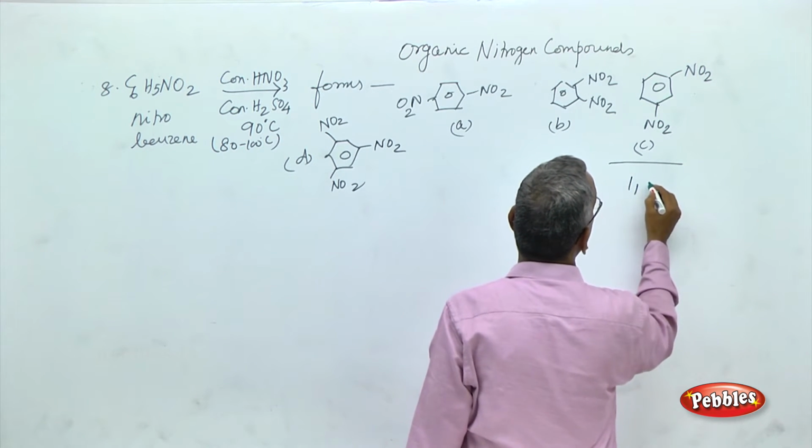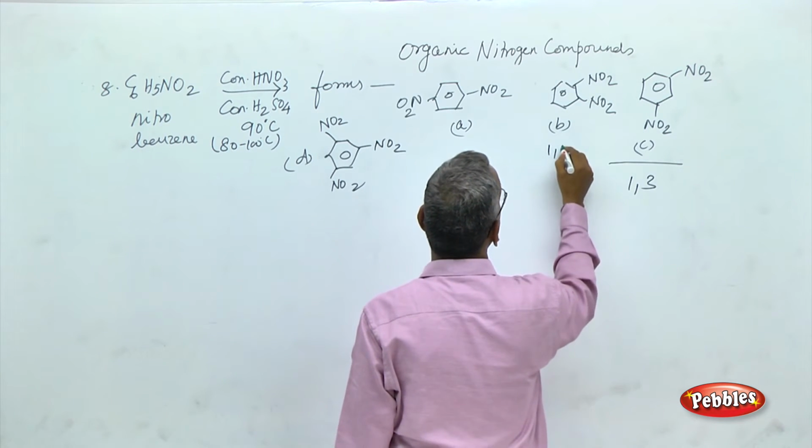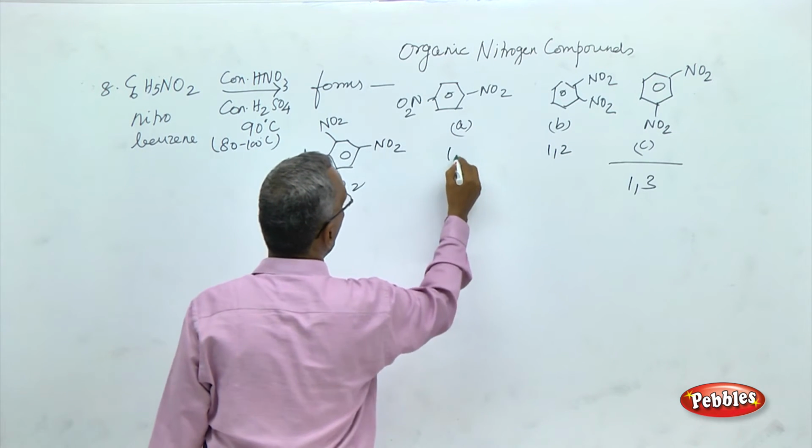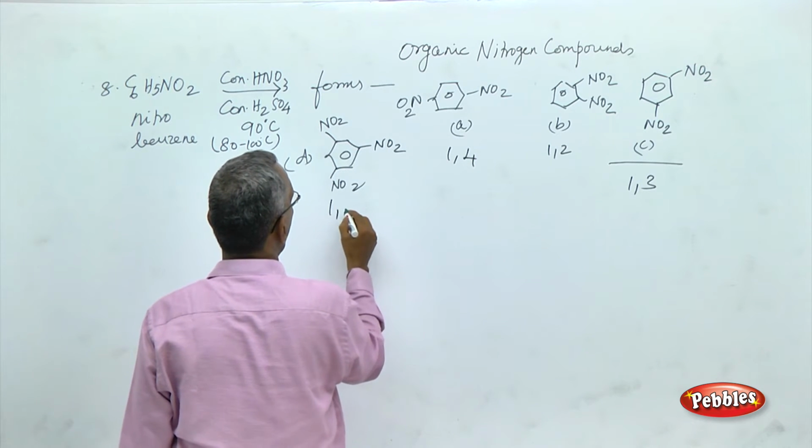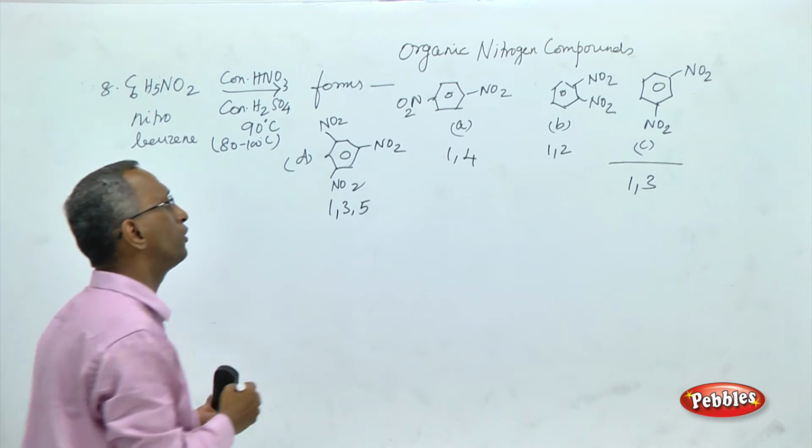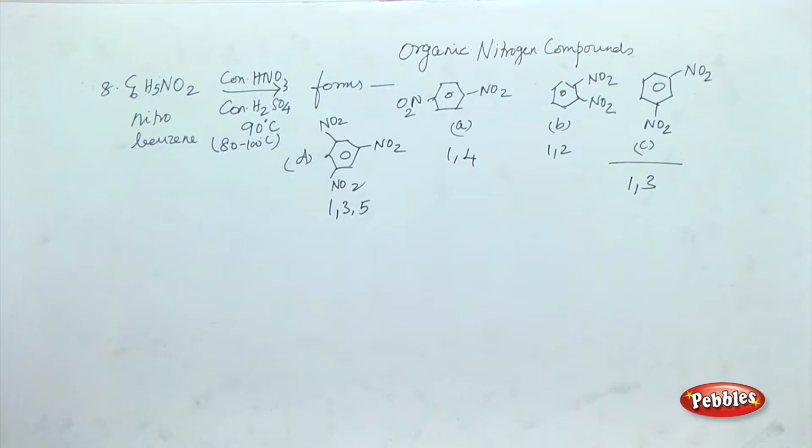Here it is mentioned as 1,3. Here it is mentioned as 1,2. Here it is mentioned as 1,4. Here it is mentioned as 1,3,5. So the correct question reads: nitrobenzene in the presence of nitration mixture at 80 to 100 degrees C yields dash. First one is 1,4-dinitrobenzene, second is 1,2-dinitrobenzene, third is 1,3-dinitrobenzene, fourth is 1,3,5-trinitrobenzene. They have given it in words. So the correct choice is